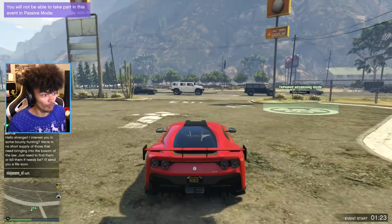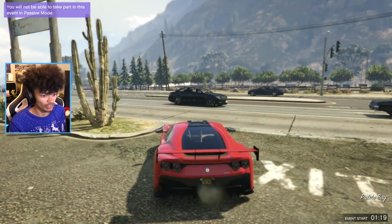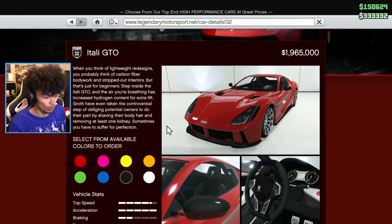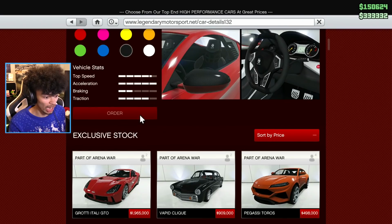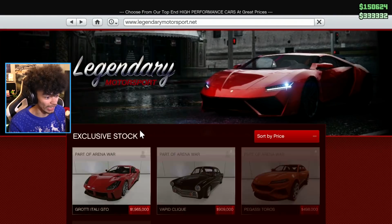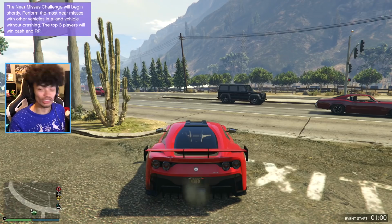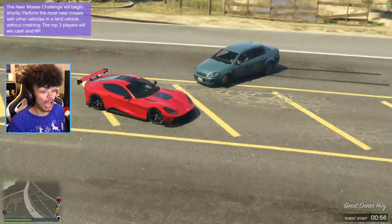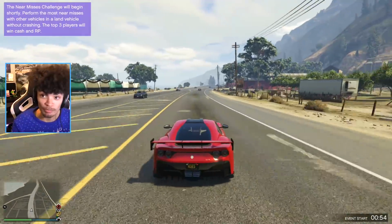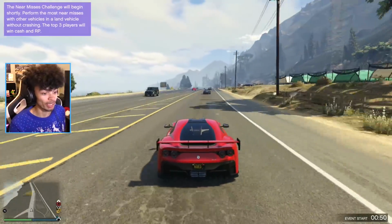Now, this thing had a lot of upgrades, engine tunes and everything. I'm not exactly sure on the class of the vehicle, so I kind of want to check that. Arena War. Yeah, this thing, if it's not a supercar, there's something very wrong going on here. It looks like a supercar stats-wise to me. It doesn't look like the fastest. It doesn't look like something that's going to be massively fast. Though, again, I've been proven very wrong on many occasions when I've tried to state something like that,